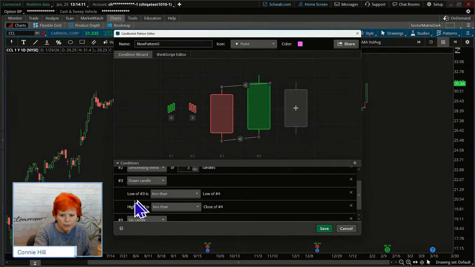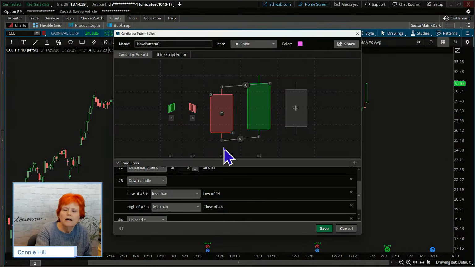The low of number 3 candle is less than the low of number 4 candle, and the high of number 3 candle is less than the close of number 4 candle. So we have a closing price here that is higher than the high of the low day, and we can tell that's our low day. That's going to find our Cahold for us.